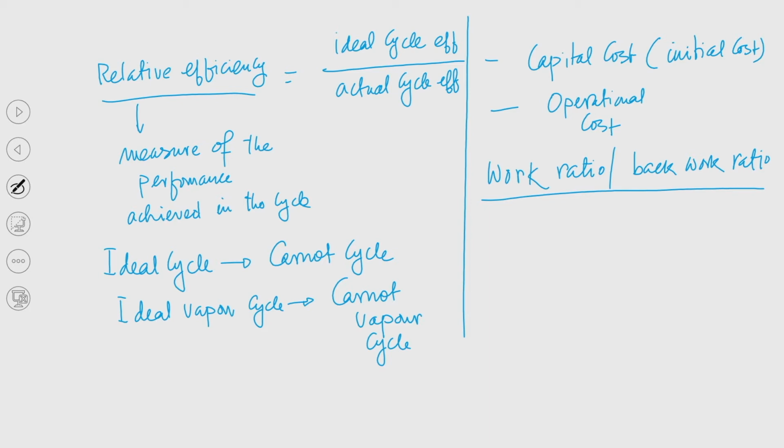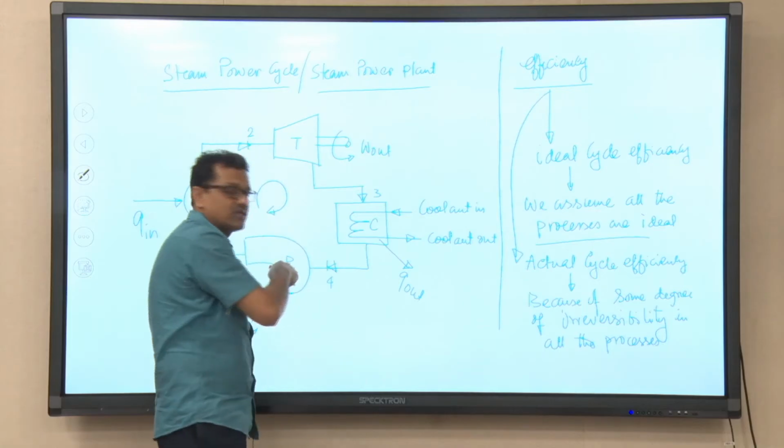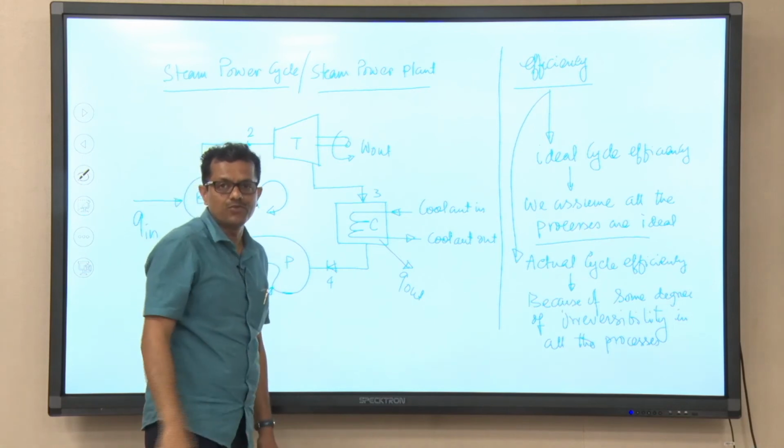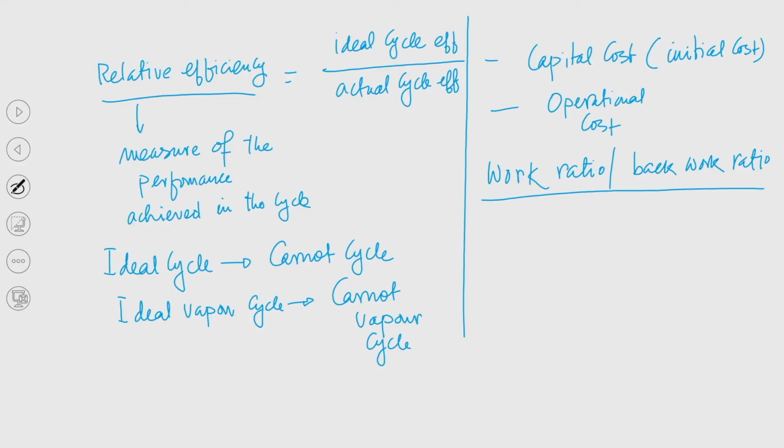If we look at this schematic, you can see that we are getting work output at the cost of the heat input that is given to the boiler. Now, this work output is not the only work output, right. The net work output is something else, because a part of the work output is consumed by the pump. So, we are getting work output from the turbine, a part of which is consumed by the pump. So, the net work output is not the W out.